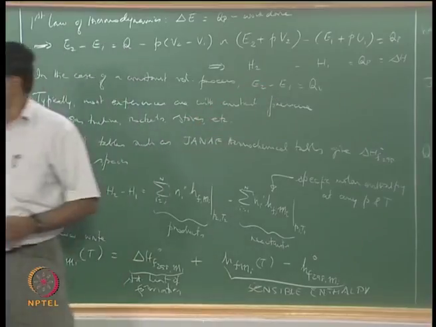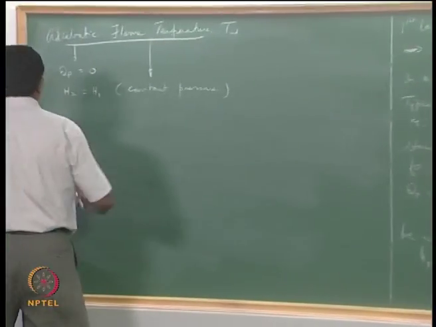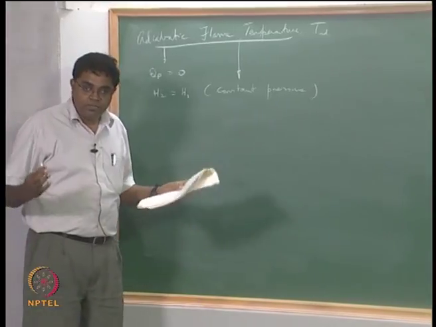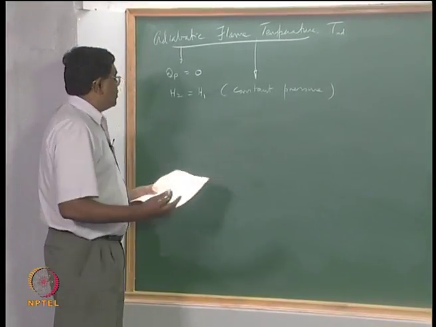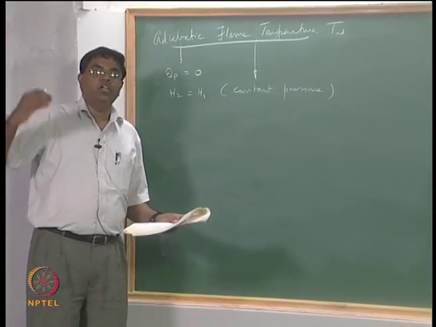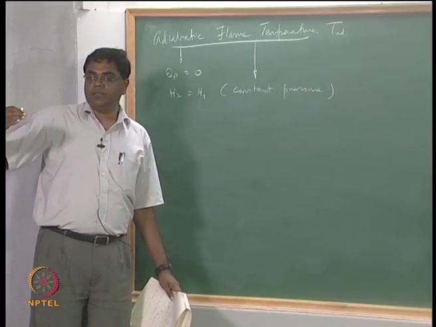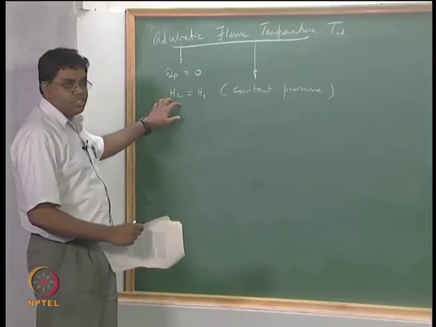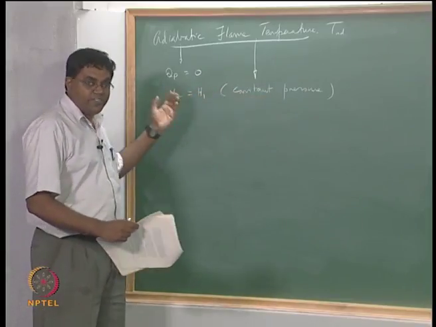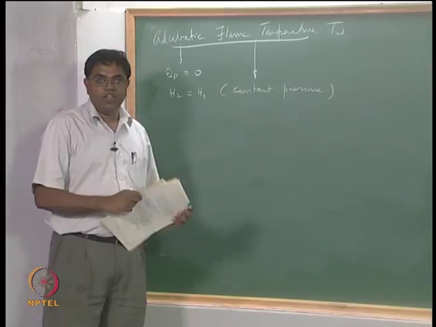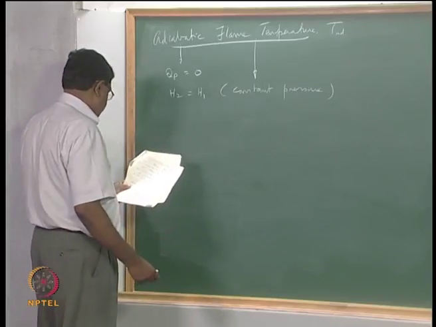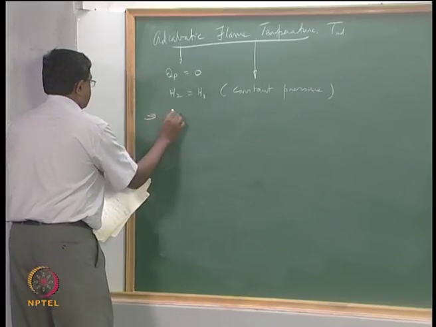All right. Here we are looking at QP equal to 0. Therefore H2 is equal to H1, implicitly assuming constant pressure. So adiabatic flame temperature assumes a constant enthalpy and constant pressure. A constant enthalpy given by H2 equal to H1, and the definitions of heats essentially have constant pressure inbuilt in them. So what this means is